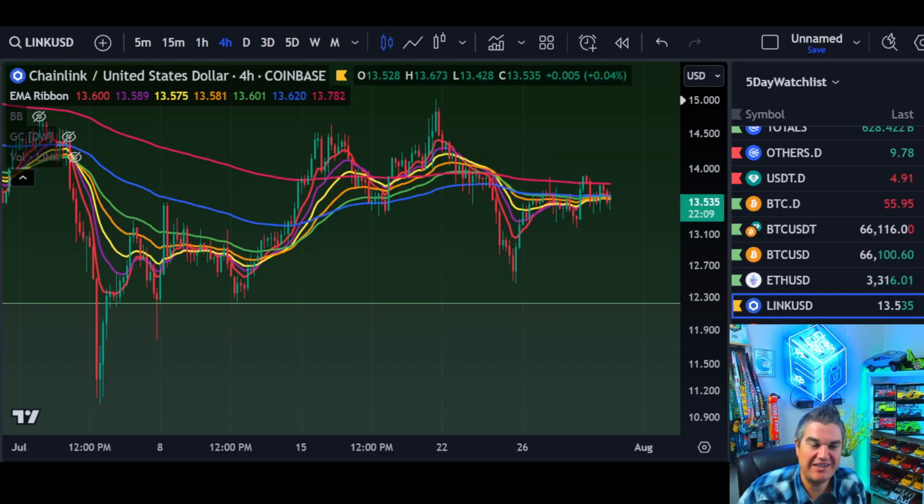Chainlink price update for the last day of July. We're going to take a look at a lot of time frames here on Chainlink. We're going to see what we need to have happen to gain some bullish momentum. On the short time frames, we're going to start off on the 4-hour chart, then we're going to zoom way